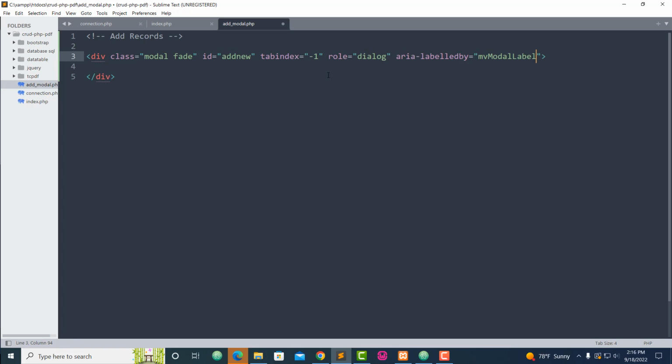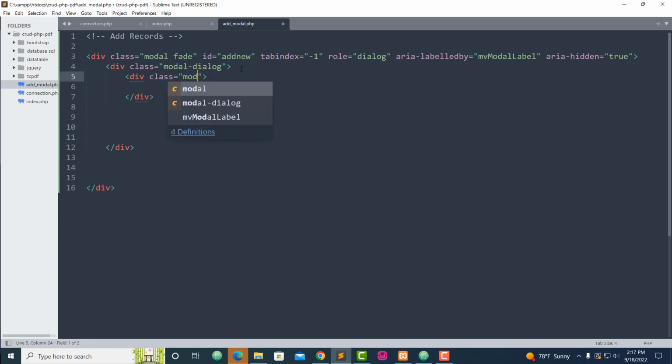Okay, and next, equal true. Okay, now let's go here. We need a div again, class dialog. Okay, and div, okay, and class without content, okay. And if you skip one line and oops,